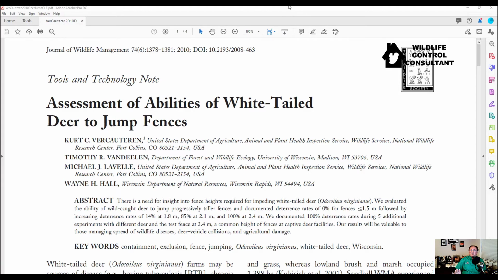So, to make a long story short, this particular study, you will learn right from the title. When you're looking at journal articles, the titles tend to be very long. And the reason for that is that scientists like to be very specific about the topic that they're dealing with. You will often find the scientific name of the animal if there is one. Now, this one doesn't have the scientific name, but white-tailed deer is narrow enough that you pretty much know what kind of a deer it's dealing with. But you will see the scientific name in the article itself, but often you will see it directly in the title.